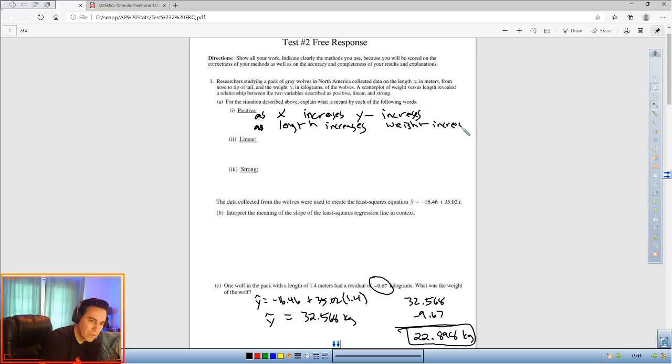That's your... what is linear? Means that the points follow a linear pattern,